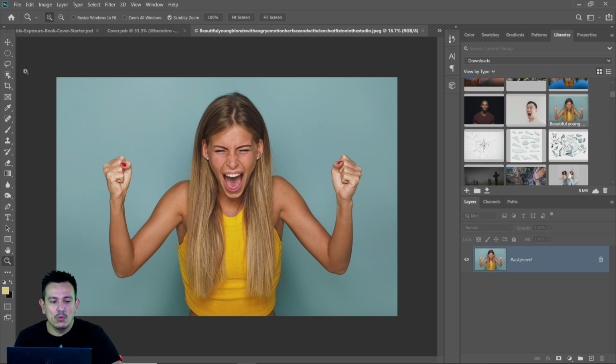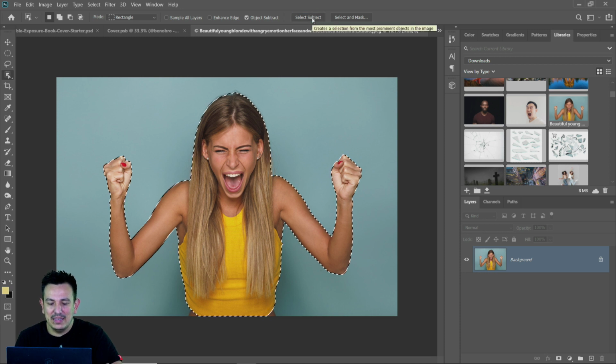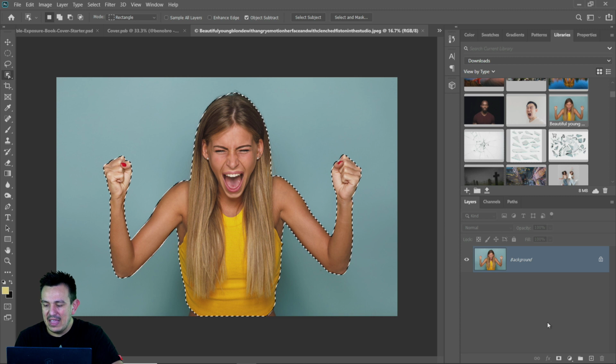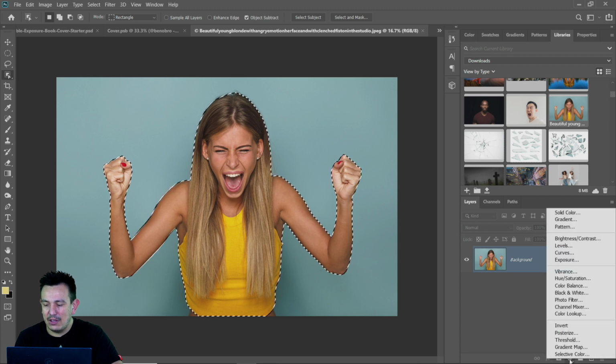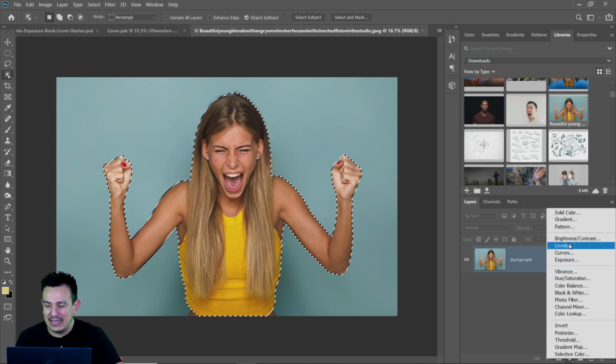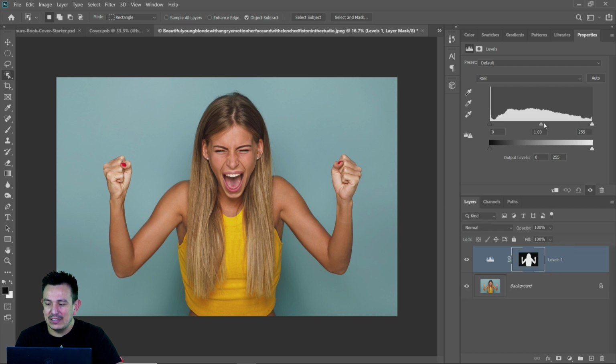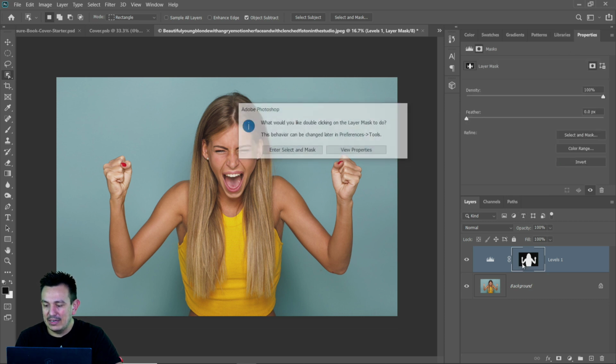But anyway, what you need to do is just make sure that you select any of the selection tools. Then you can click on select subject to select the main part of the image, in this case, this model. And I can go into the new layer style icon and select levels. Notice now that the levels adjustment layer will only control her, but I wanted to select the background. So to do that, just select the levels layer mask, double click on it actually, and then